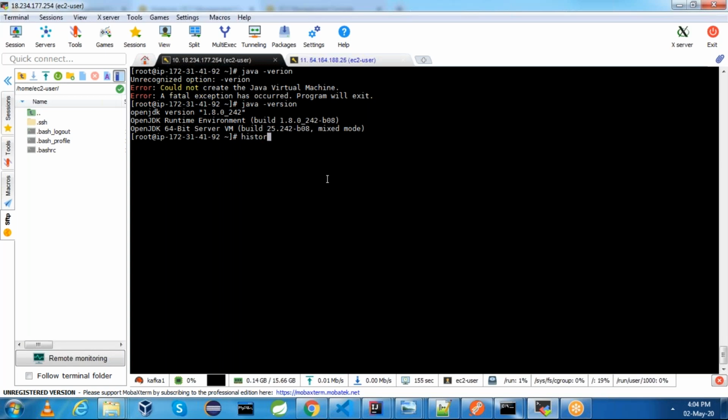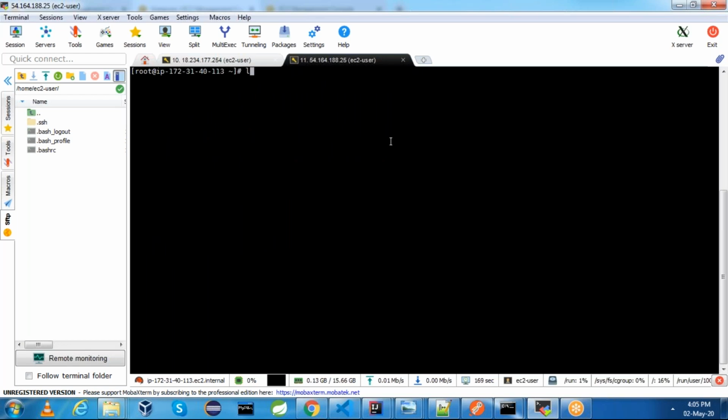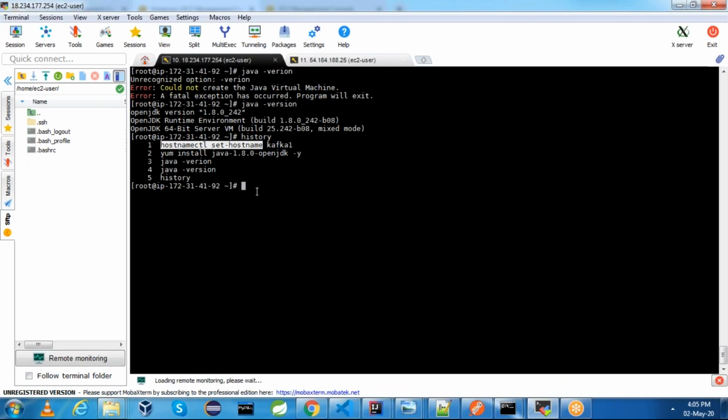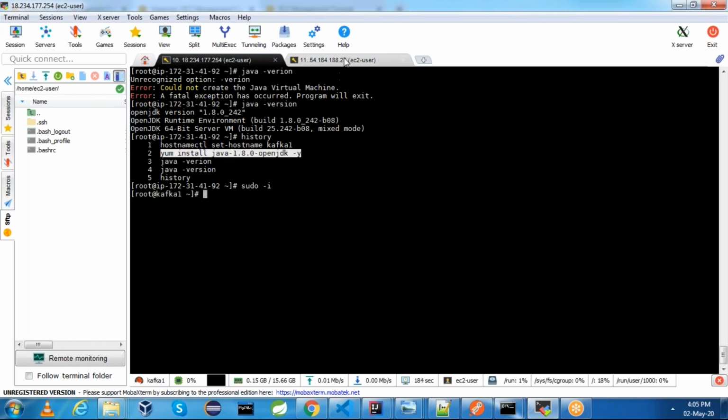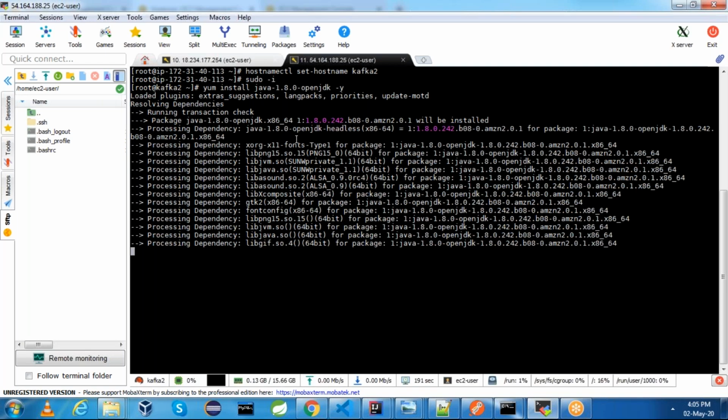Now we can set the host name for the second server as well. sudo -i to switch to root user. Once you switch to root user, you can set the host name here as well: Kafka 2. This is the Kafka 2 server. Then install Java on the second machine as well. Java is installed here as well.